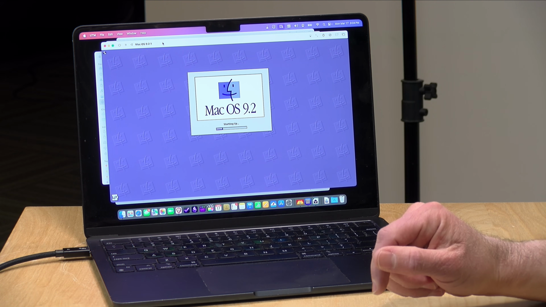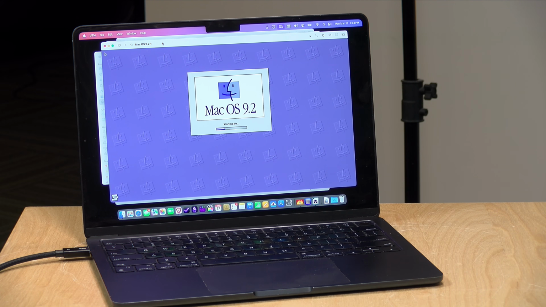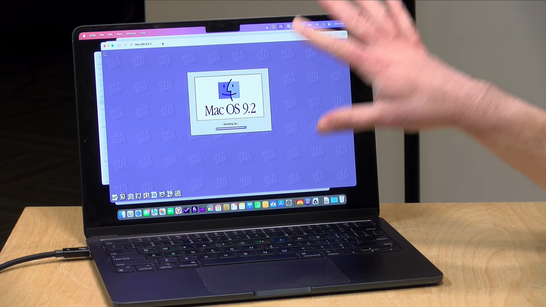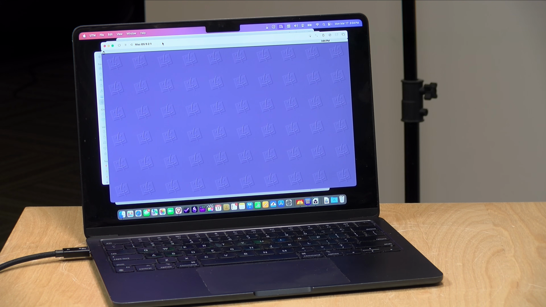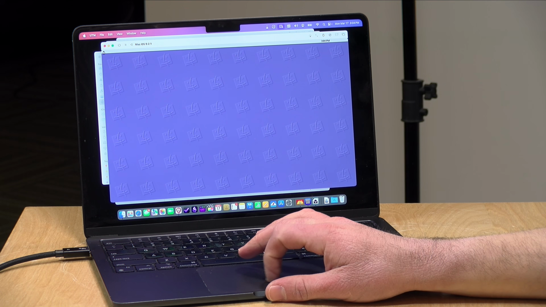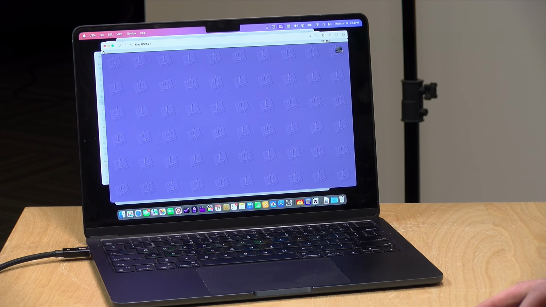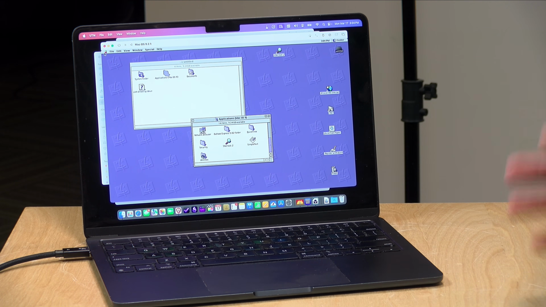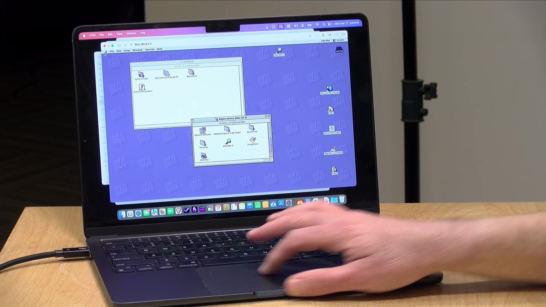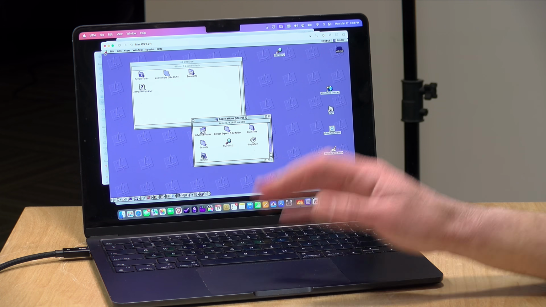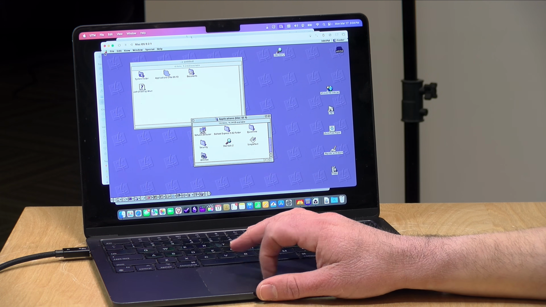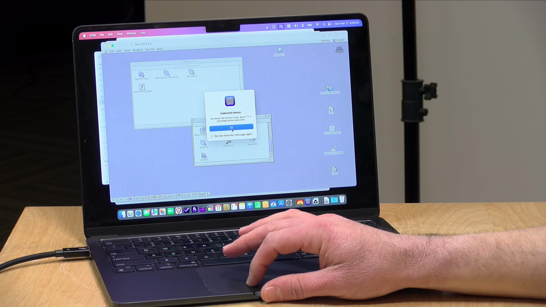But here you can see Mac OS 9.2 booting up, and this is emulating, I believe, a PowerPC Mac. So kind of a mid-90s configuration. And that will load up here. Again, emulation is going to be a little slower on this. I think there are faster emulation options out there. SheepShaver and Basilisk are two that I've used in the past,